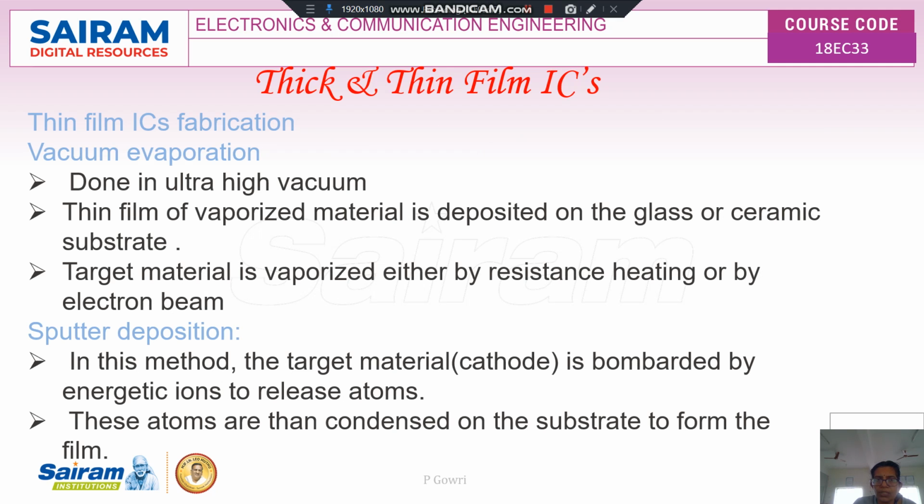Both have the same application, but thin film uses a material deposition process to form a thin layer, whereas in thick film we have the